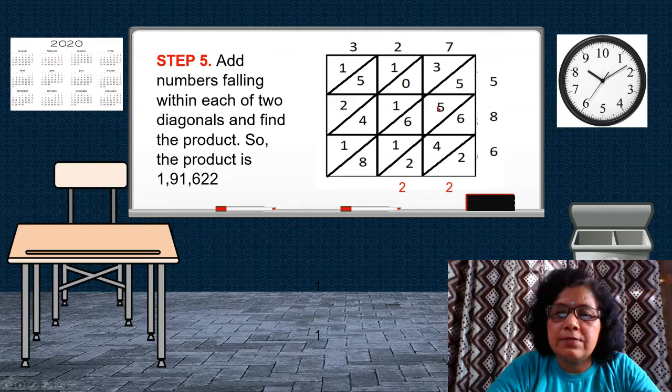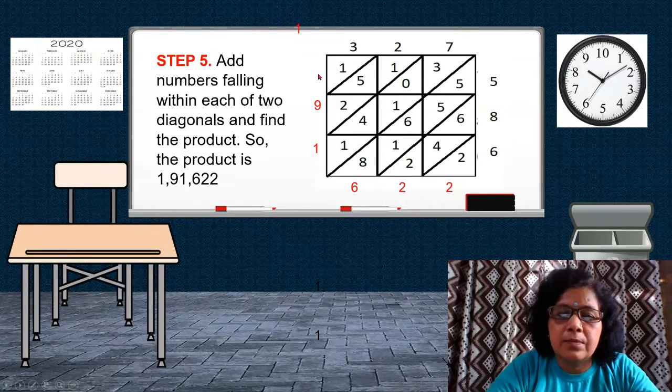5 plus 1 is 6, 6 plus 5 is 11, 11 plus 6 is 17, 17 plus 1 is 18, 18 plus 8 is 26. So 6 will come here and 2 here. 2 will be carried forward. 3 plus 2 is 5, 5 plus 0 is 5, 5 plus 1 is 6, 6 plus 4 is 10, 10 plus 1 is 11. So 1 here, again 1 will be carried forward. 1 plus 1 is 2, 2 plus 5 is 7, 7 plus 2 is 9, 9 will come here. Now nothing has to be carried forward to this digit and no other digit to be added. So this will be copied as it is.